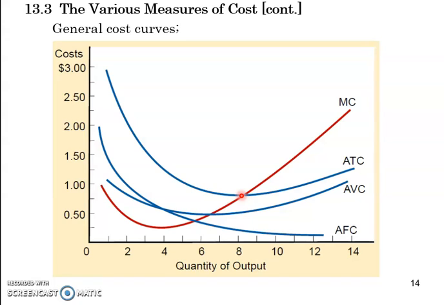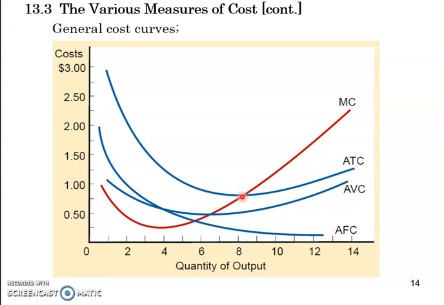So at that specific point, the firms can produce at the lowest average total cost. In other words, if the firm's goal is to minimize its cost, then that will give us how many units of output it should produce. So in this case, it looks like it's slightly above 8 units of output. Around that